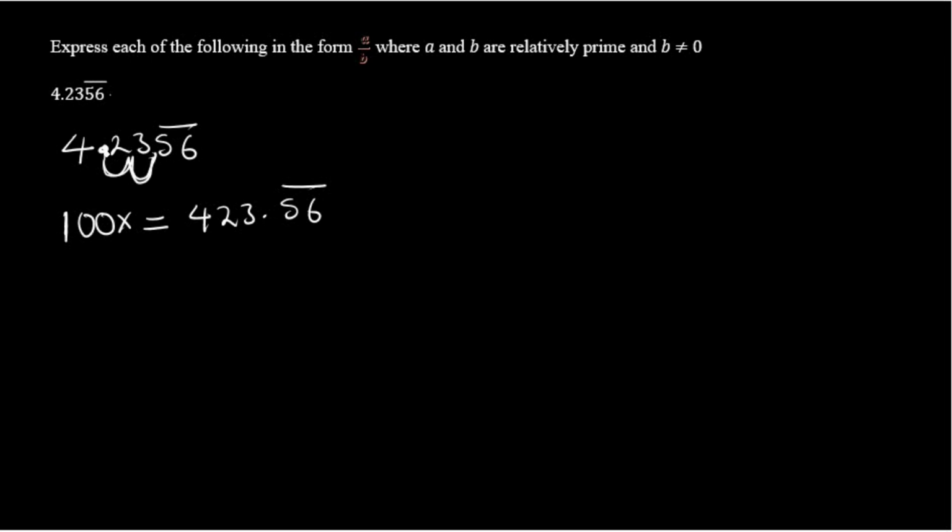The second one, we have to move this point behind the number that is repeating. So it will be 1, 2, 3, then what? 4. So we have moved the point behind the numbers that are repeating. That's why I've said we have counted 4. So meaning that it will be 10,000 with 4 zeros, like that. So it will be 42356.56